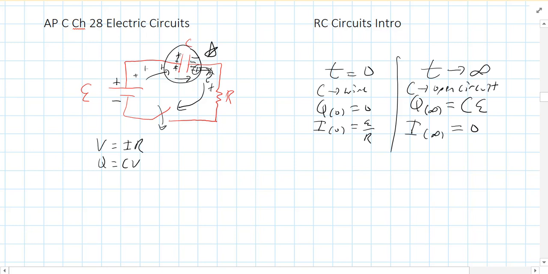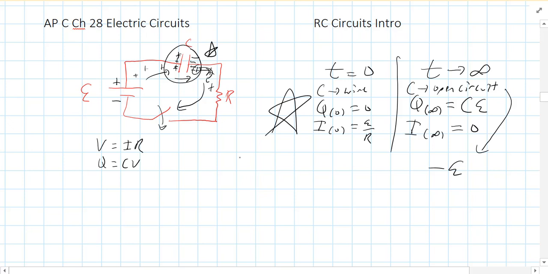Okay, there's a gap there. So after a long time, things are going to behave like what they are: an open circuit. The other way to think about that is it's going to behave like a battery, but pointed in the other direction, so a negative E. When it's fully charged, its voltage will be the same magnitude but opposite direction as the voltage of the battery. So on an AP exam, for instance, if you can do that, you're halfway done with the